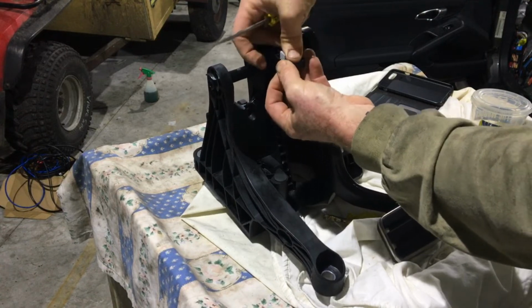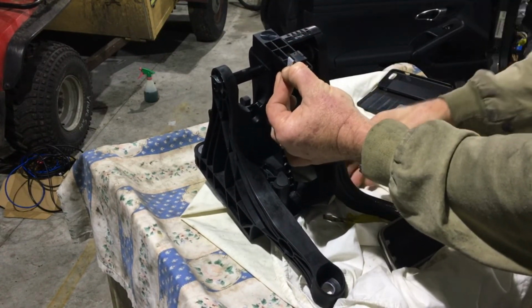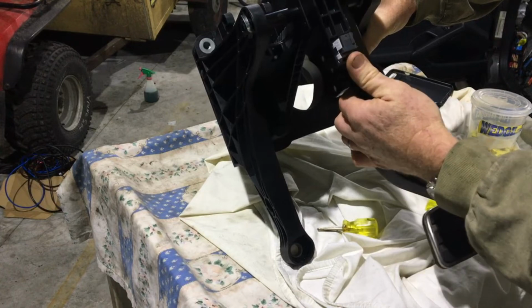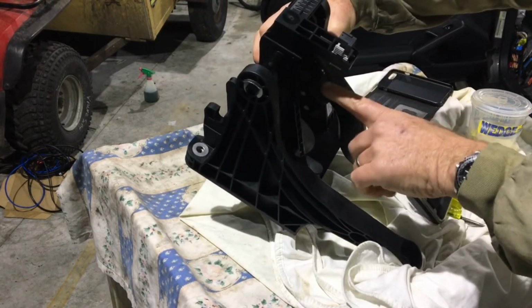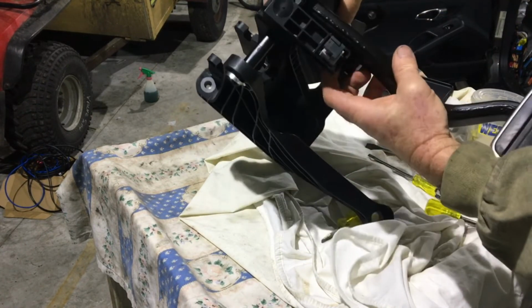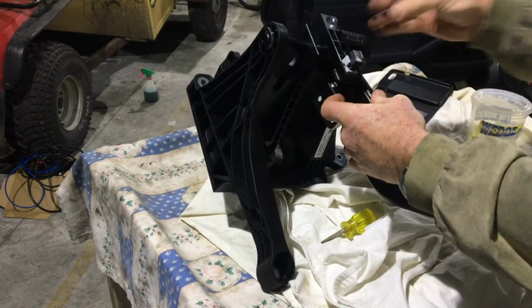And to set these in the car, you can push it all the way in, and then you would push the brake pedal in a little bit, push the sensor all the way in, and then just allow it to come back to full travel, and now it's set correctly. So the actual piece of steel here, which is going to be sensed by the magnetic portion of the switch, is right at the correct travel